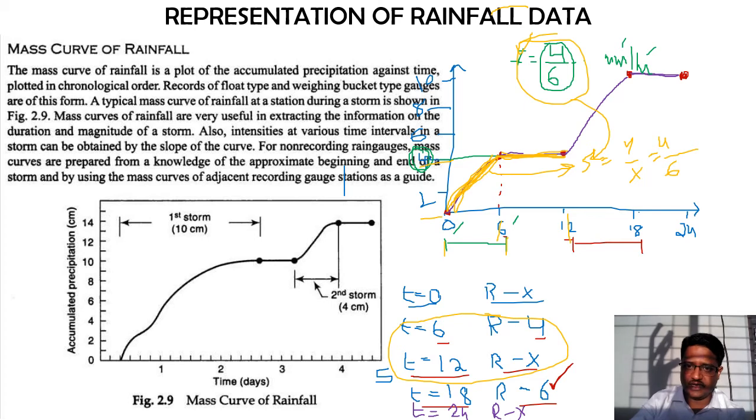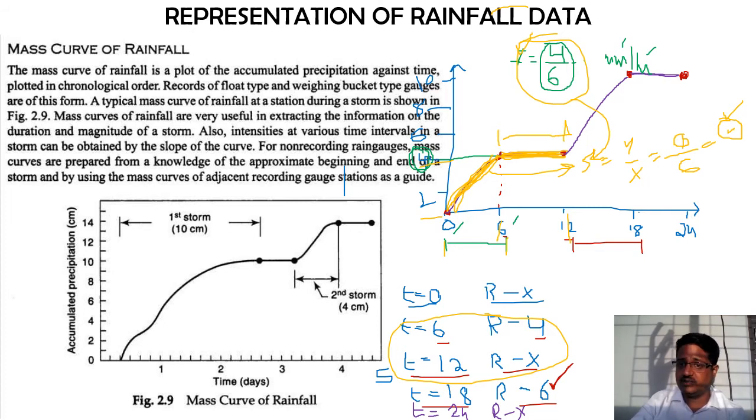So here also, if you try to take the slope to check the intensity, what will happen? Y value is how much here? Y value is 0. If you take the slope of a horizontal line, there is no elevation in this line, right? So y coordinate will be 0, whereas x coordinate will be 6. So something 0 divided by something is always what? 0. You will not get any slope, so the slope value is 0 itself. So even the intensity of rainfall for this particular section is going to be 0 itself. I hope it is clear for you.